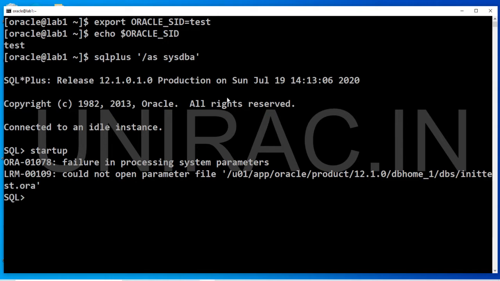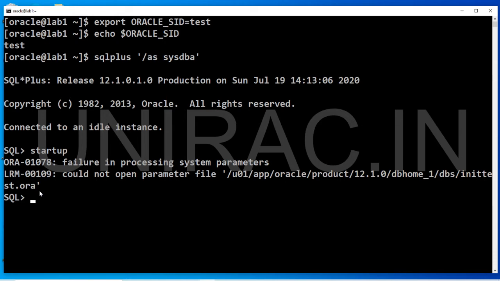Ensure that the database exists and that the database name is correct before we connect. From where can we verify that this database exists, and which databases are currently running or configured? You can also see the other error, LRM-00109: could not open parameter file under user1 app oracle dbs init test.ora.